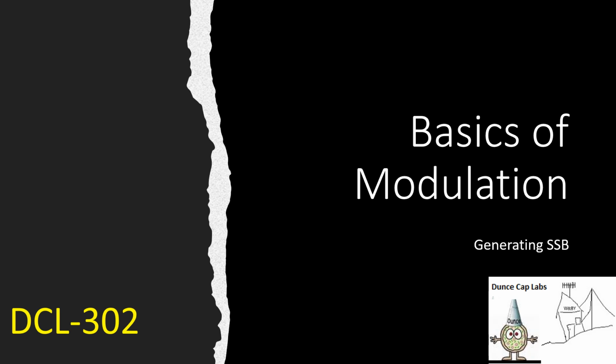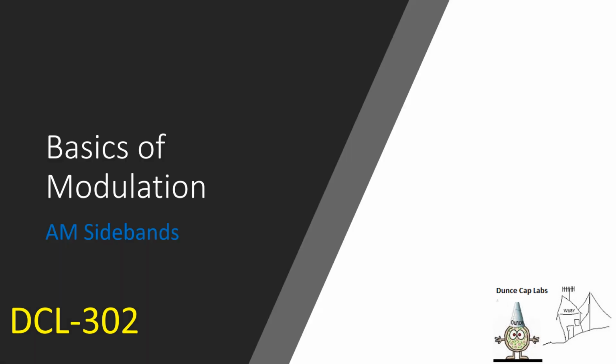Welcome to DCL 302, generating single sideband. First thing we've got to talk about is AM sidebands, because single sideband is actually AM radio without one of the sidebands and without the carrier. So in order to really understand SSB, or single sideband, we've got to take a little deeper look at AM